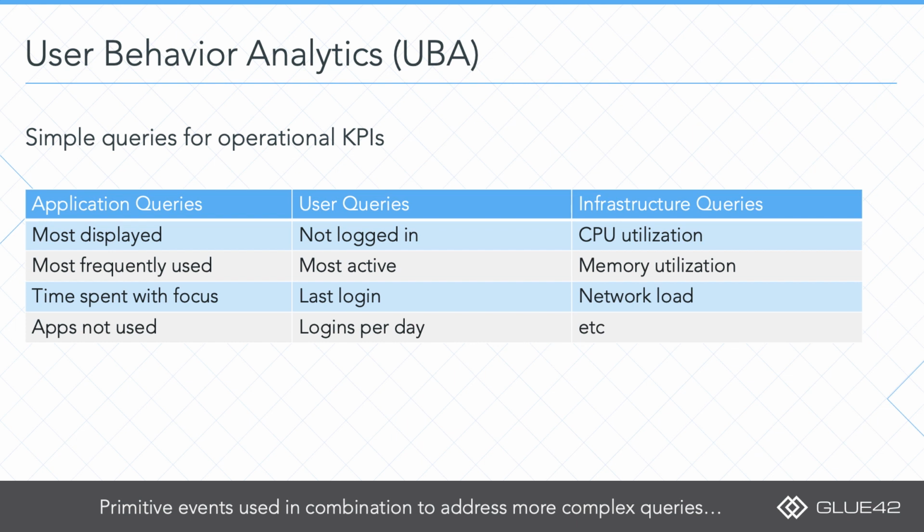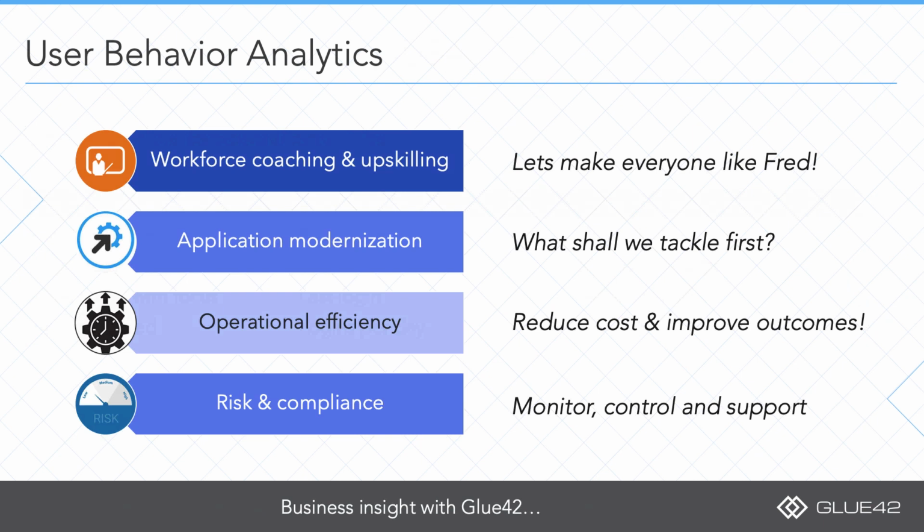So we know the CPU, memory and network utilization on any machine that's got Glue42 deployed. Now, those queries in themselves can be reasonably useful, particularly from an operations perspective. But these are what we call primitive queries or primitive events. And where I want to get to is on this next slide, which talks about some higher order queries that can be addressed by looking at combinations of those primitive events and some value-add components that we at Glue42 can